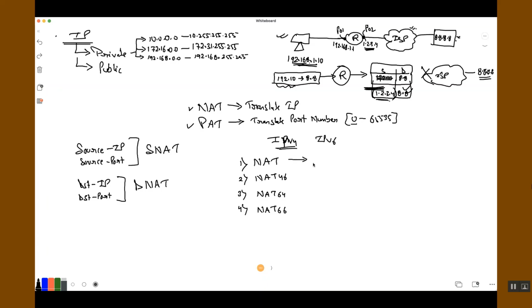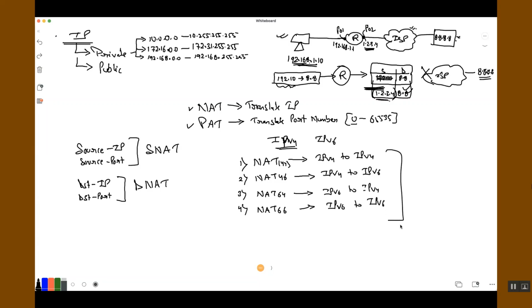Okay. Now here you are saying that when the translation happens from IPv4 to IPv4 address, that is called NAT. You can call it NAT 4.4 as well if you want. 4.6 means IPv4 address is translated to IPv6 address. And IPv6 address here is translated to IPv4 address. And here IPv6 is translated to IPv6 itself. These are the four combinations that can be formed with reference to the names,